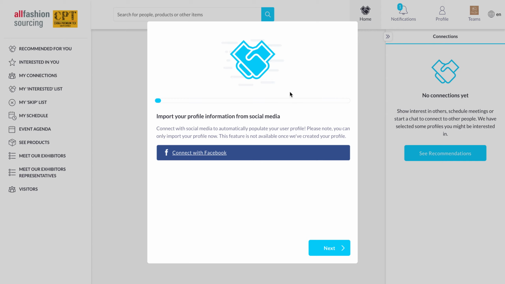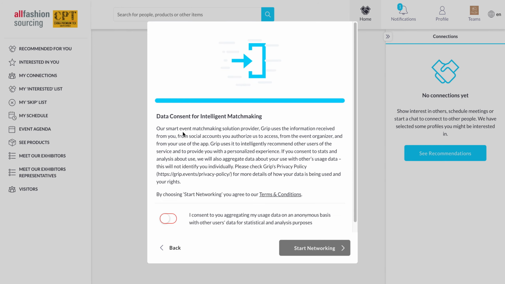The first page that you'll be prompted with when you log into the platform is if you'd like to connect with your social media, so Facebook. You don't have to do this, just be aware it doesn't post anything onto your Facebook at all. It just imports simple data such as name and profile image. So it's really handy if you don't have an image of you available on your laptop or your computer at the time. If you don't wish to do this, you can simply select Next,